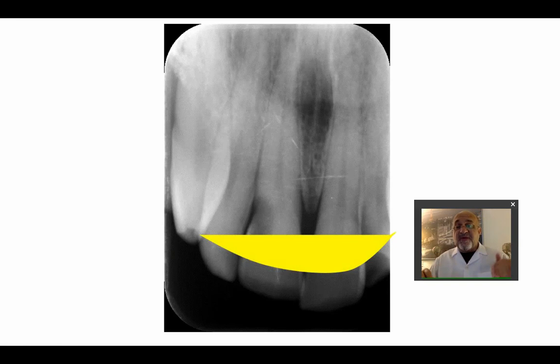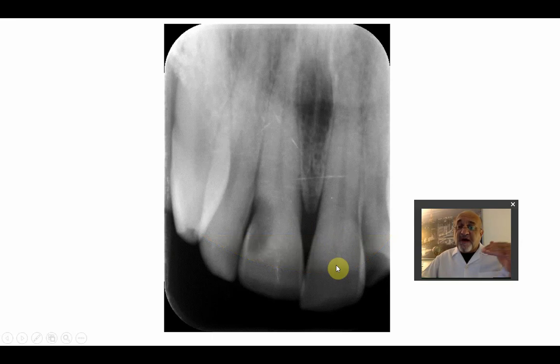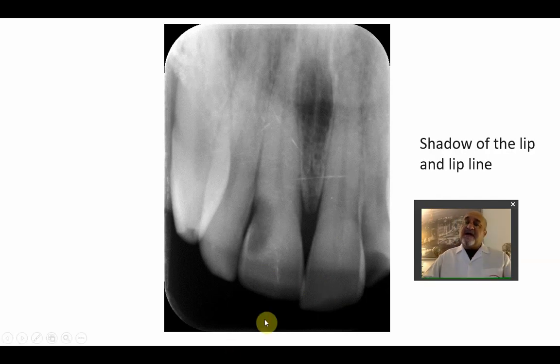This contrast between the two-thirds of the crown and the one-third of the crown has been so many times misinterpreted as hypocalcification, fractures, different things. Actually, simply this is a shadow of lip plus enamel plus dentine. Here, this part, you will see the shadow of enamel, dentine, and air, which is present in the area,